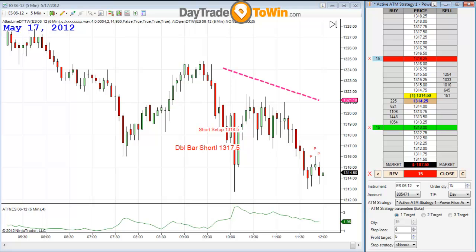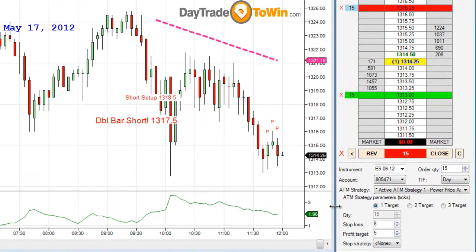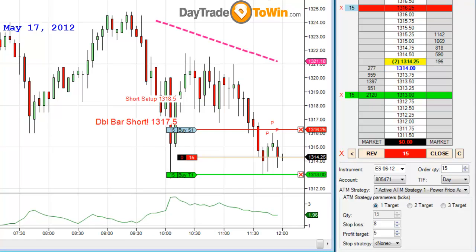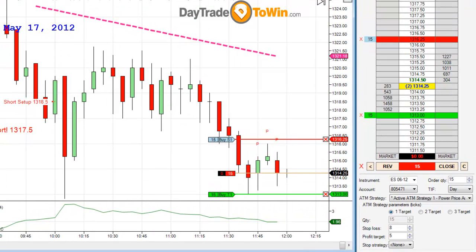All right, traders. So there is a pullback short trade, as you can see right over here, to go short the market. Let me just turn this on here. And the Atlas line, let me expand this a little bit. The Atlas line is up here. I know the direction. The direction I want to take is short. Here's a short trade. I have my prove it stop just above there. I have my profit target right there, just about 4 to 5 ticks usually on these pullback and